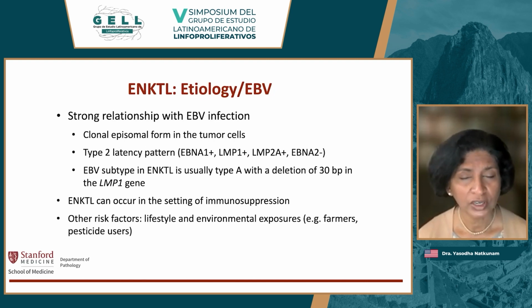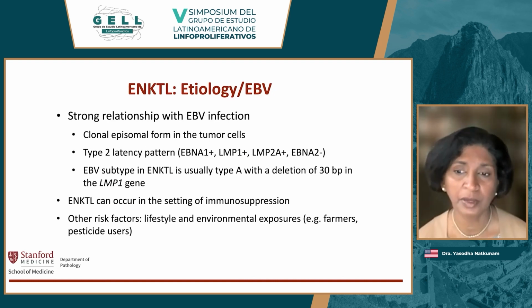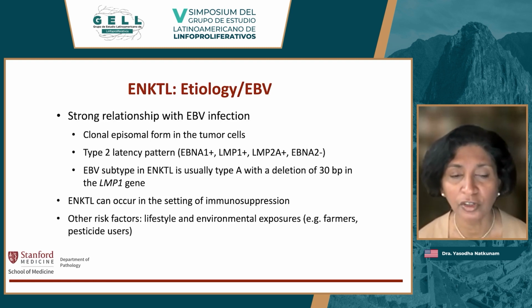There is, of course, a very strong relationship with EBV infection, which usually presents as a clonal episomal form in the tumor cells. The tumor also has type 2 latency patterns, which means that other genes of EBV are also expressed, such as EBNA1, LMP1, and LMP2A, but EBNA2 is usually negative. This is also not necessary to do when you do routine diagnosis, but it is good to know because it can be helpful to